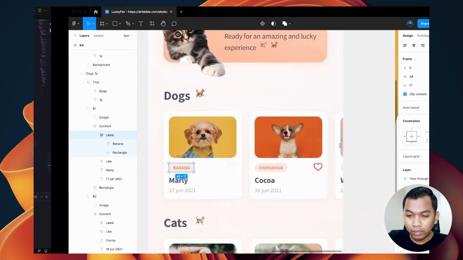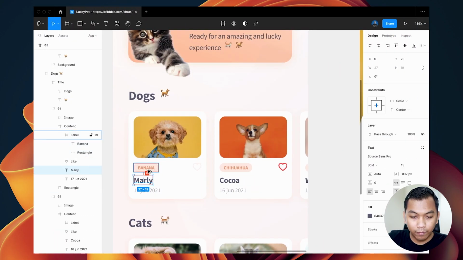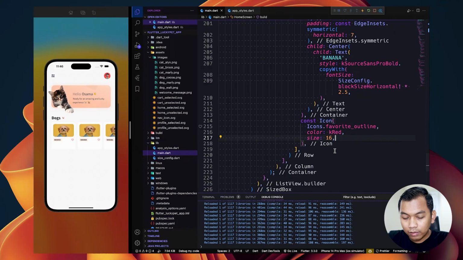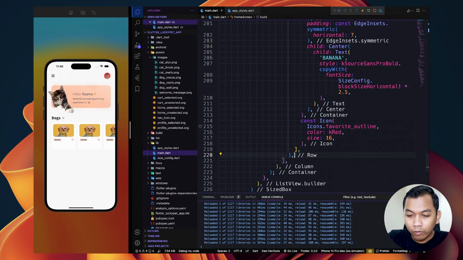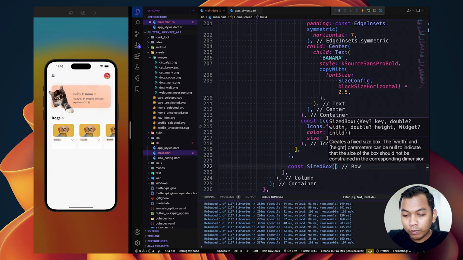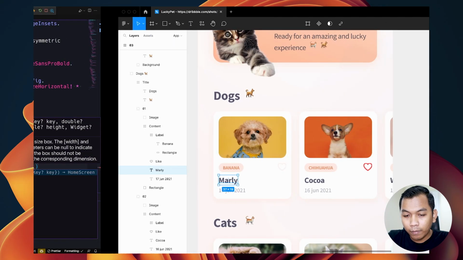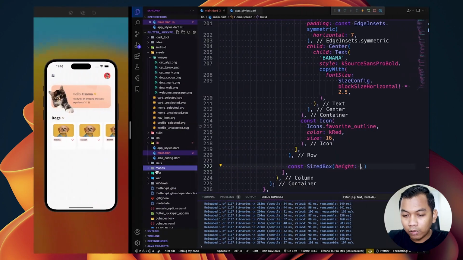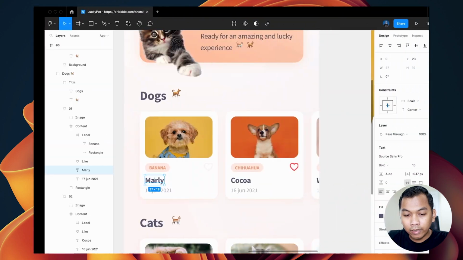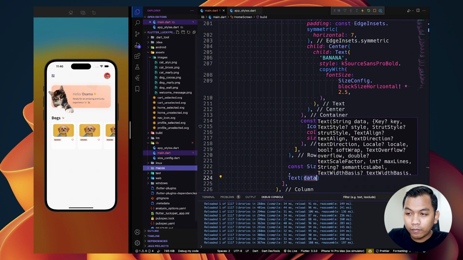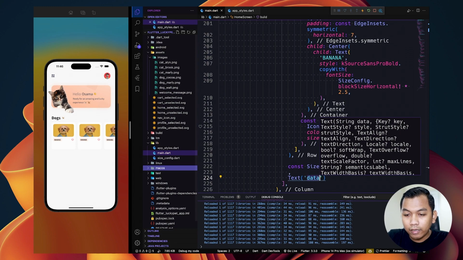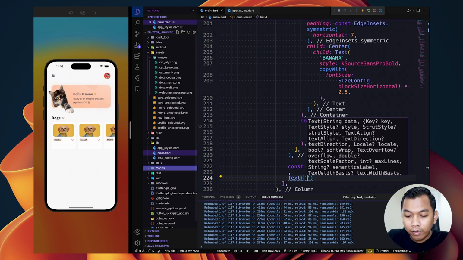Alright, so the next is for this. So let's add SizedBox first. So below that, we will have SizedBox with the height only 6. And below that, we will have Text widget, and we say Marley.